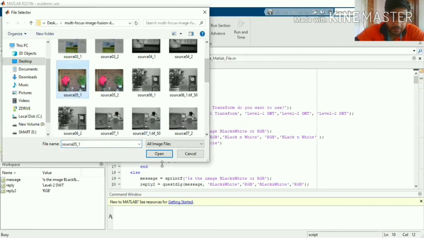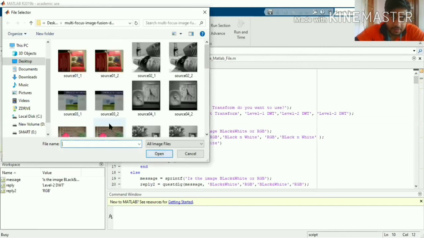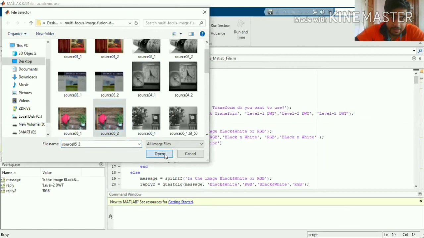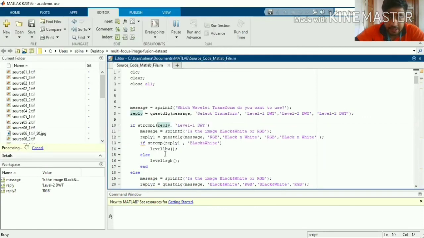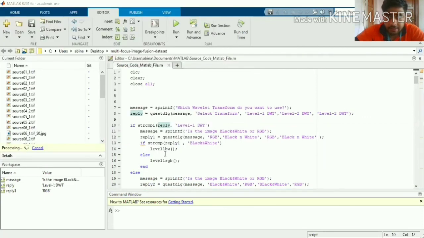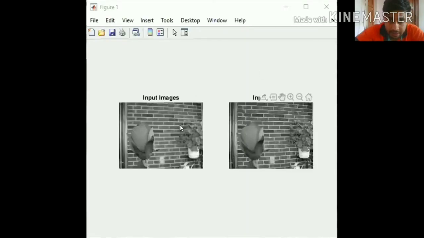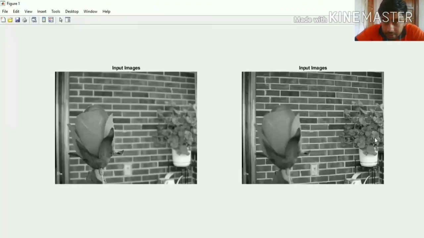So let's do this for the image. It will calculate, so it won't be visible. We have to share that. Again we have to share this input image first. Let me maximize it. In this second image this thing is clear, but in this image it is blurred, but this flower is clear. In this image this flower is blurred and this is clear.